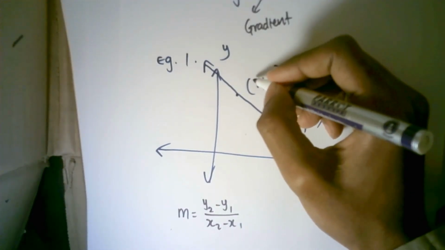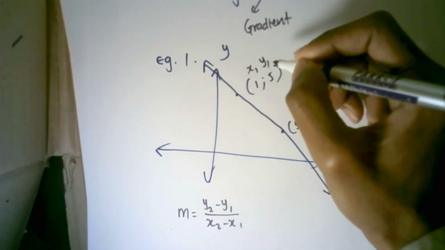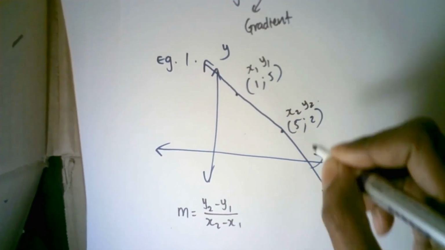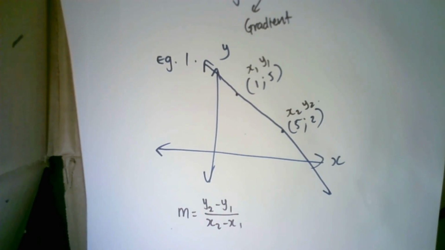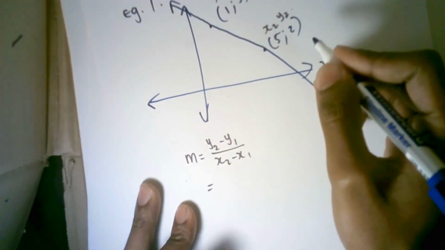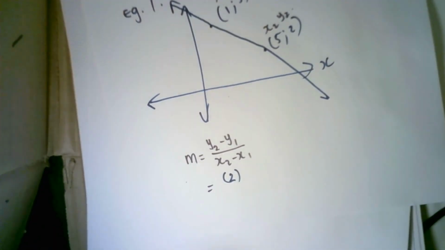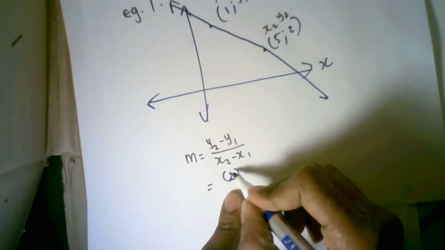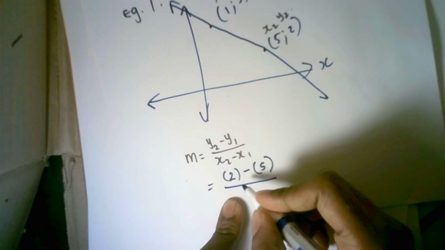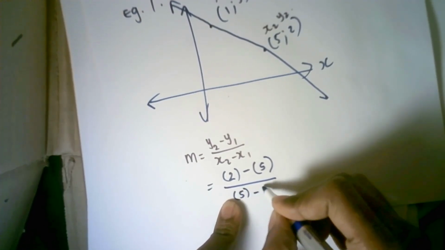So let's take the first coordinate, which is 1 and 5. Let's name it x1, y1. And let's take the second coordinate, which is 5 and 2, and let's name it x2, y2. So now I'm going to substitute the values of x1, y1 and x2, y2 into this formula of gradient. So this is equal to y2, which is 2, and always substitute with brackets just in case you have a negative value, so it's easier to work with. So we have y2, which is 2, minus y1, which is 5, over x2, which is 5, minus x1, which